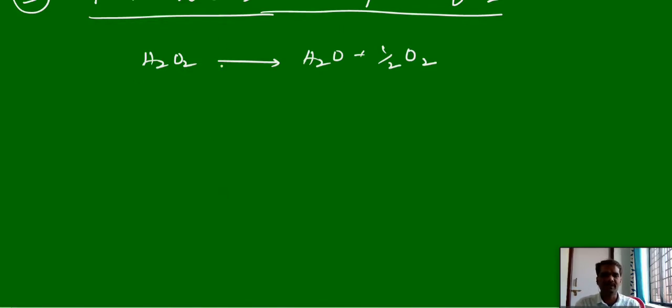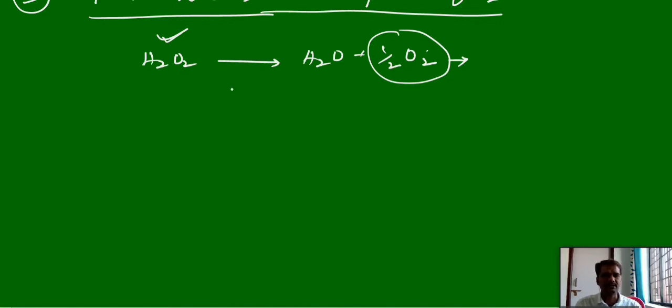Now this reaction we can monitor in two ways. Again, we have two cases with respect to the amount of oxygen produced. Whatever amount of oxygen is produced here is directly proportional to the initial amount of H2O2. The volume of oxygen is directly proportional to the concentration of H2O2, and we can correlate it according to stoichiometry. If you take more H2O2, you will get more oxygen. So by the volume of O2 produced, we can monitor. That is one case. And the second one is by titration.